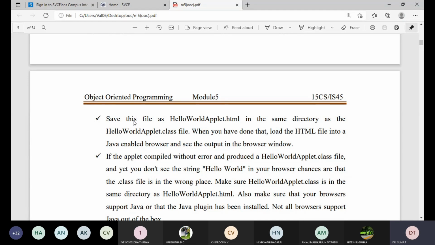So make sure that the .class file is in the same directory as the HTML file.